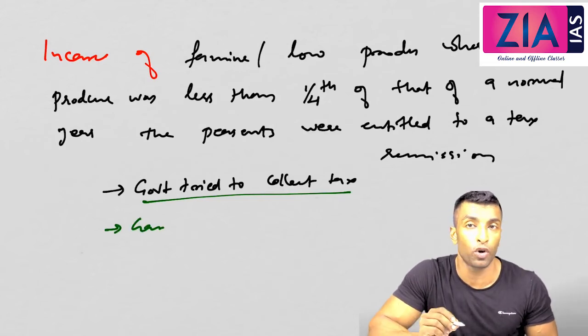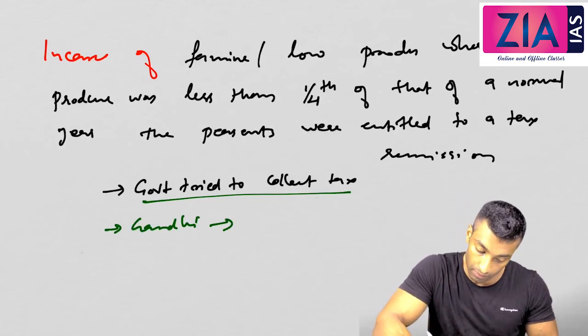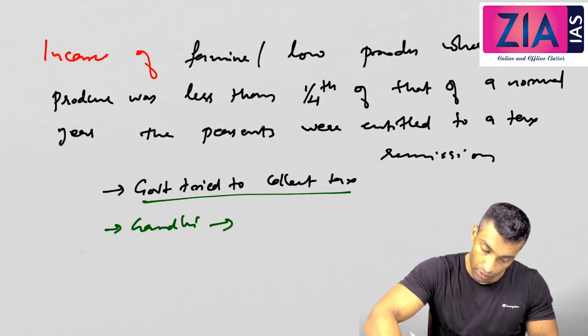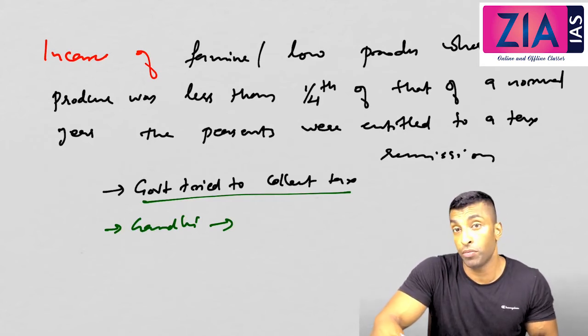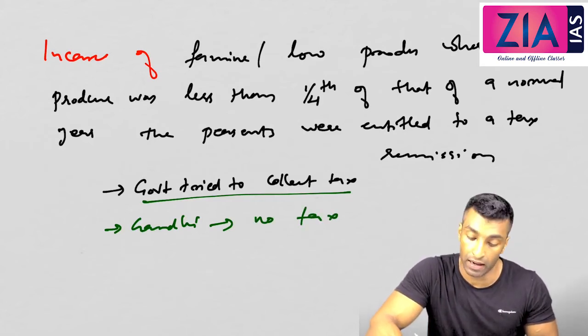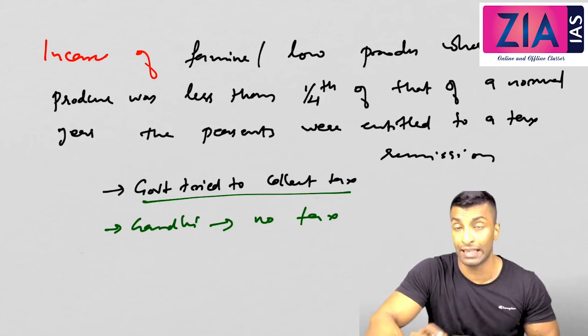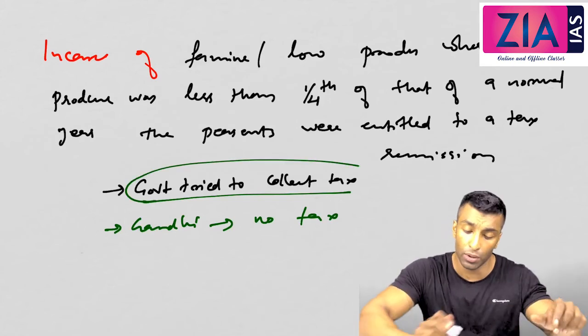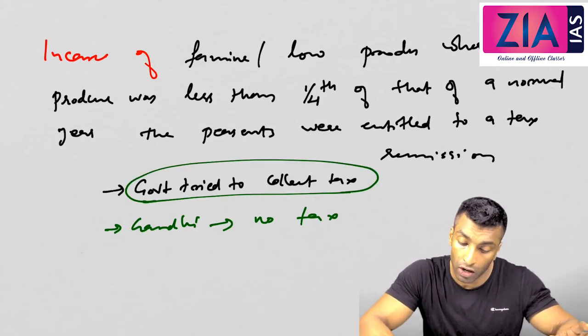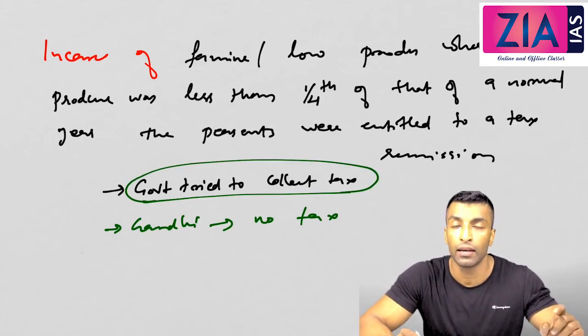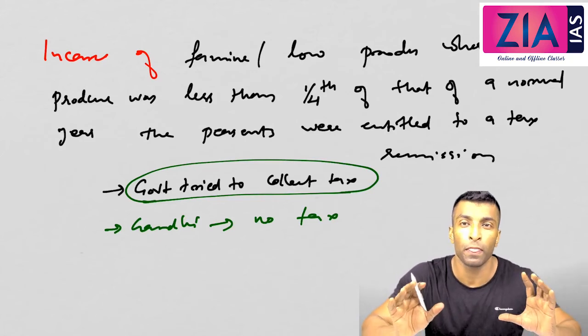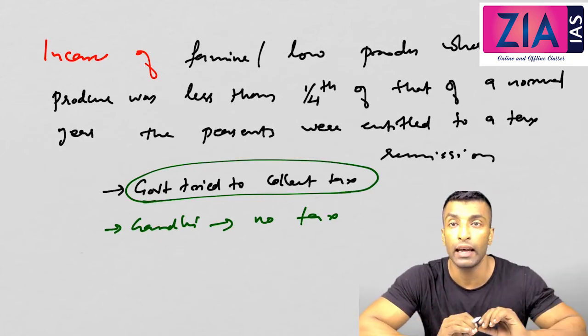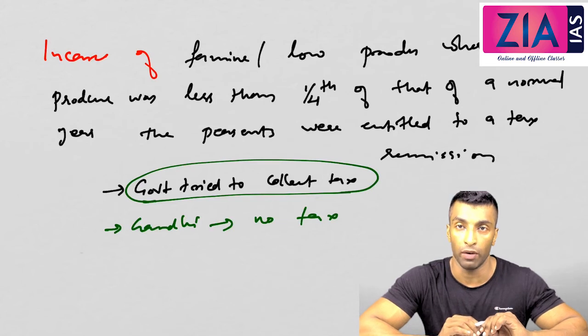So Gandhi gave a call not to pay tax. Gandhi argued that peasants should refrain from paying tax. No tax. Exactly the same thing which happened in the Champaran Satyagraha also. But here the government is asking you illegally. So that's why I told you, you are not cooperating with the illegal demand of the government.